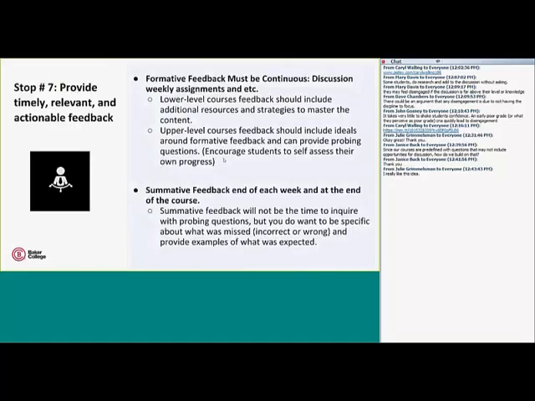So stop number 7, and this is the last one, is provide timely, relevant, and actionable feedback. And we've had a big push for feedback on our campus this year, and making sure that our feedback is positive, formative, and quality. So make sure, and this is just a highlight of all of those things combined,